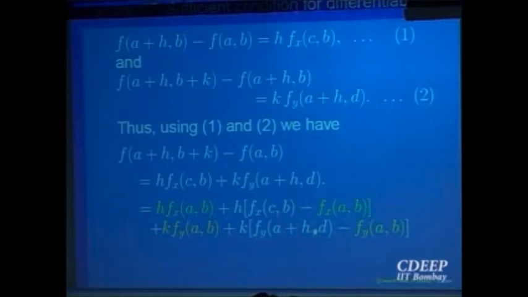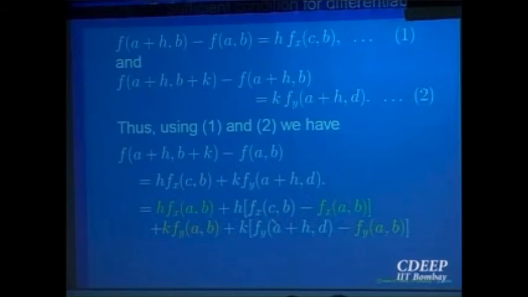So, what is to be shown now? That the errors epsilon 1 and epsilon 2 go to 0 as h and k go to 0. That will prove differentiability. So, let us calculate this error. What is happening to this first error? h times this thing. h goes to 0, right? If I can say the inside thing also goes to something, then something times 0 will go to 0, right?